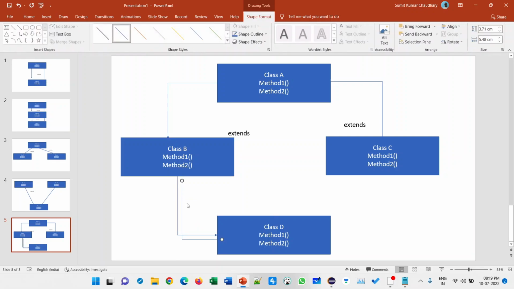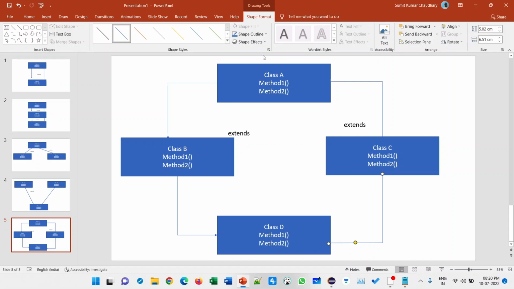This means all the classes have interconnection. So all the classes can access each other's properties.